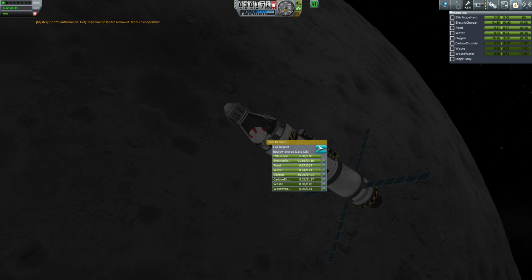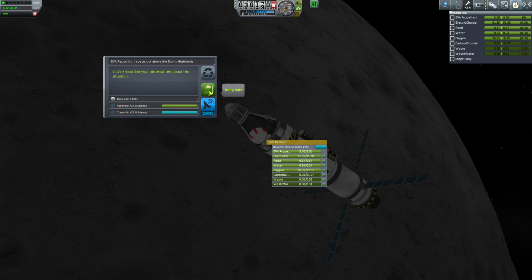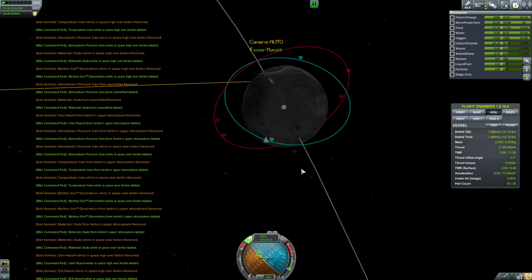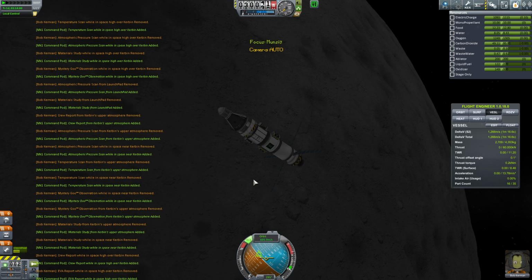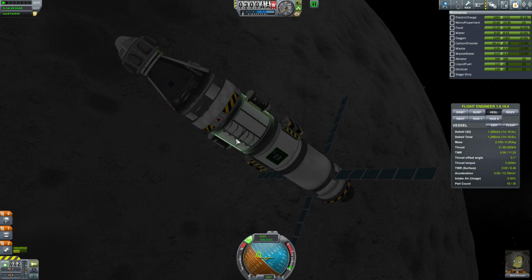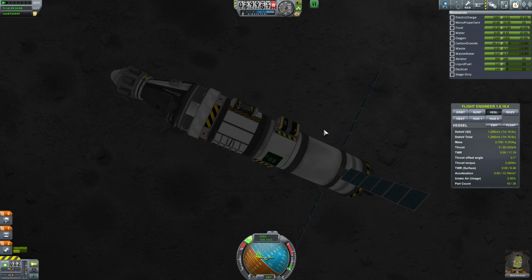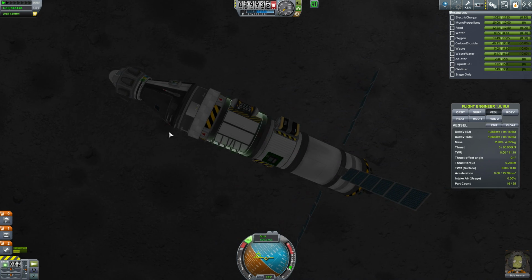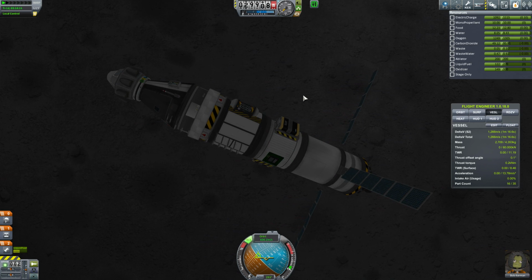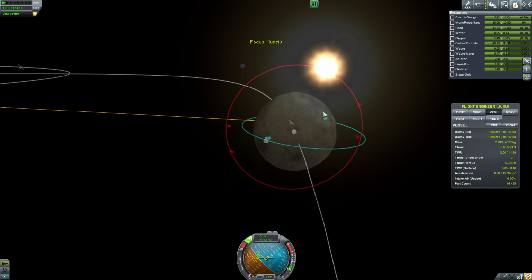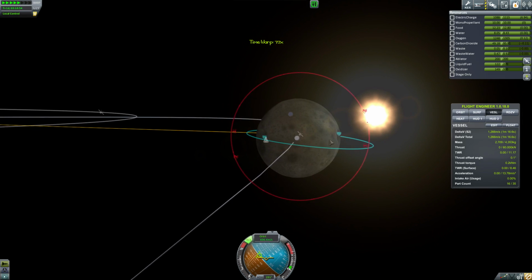So let's see, have we done an EVA? We have not, or I think, yes, board. Okay, so now all that we have left, the remainder of these experiments, or at least the external experiments, can only be used in a particular environment. So while in orbit around the moon is where their science comes from. But the moon does have biomes, and the EVA reports will get different science depending on what biomes we are over. So if we warp ahead a little bit,